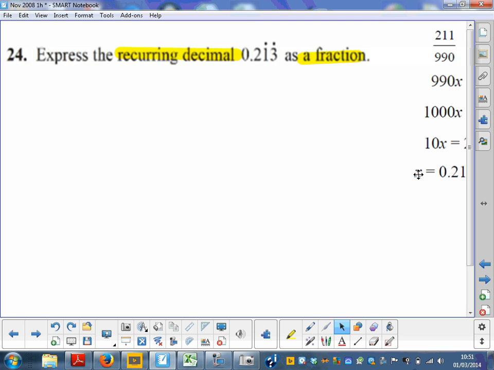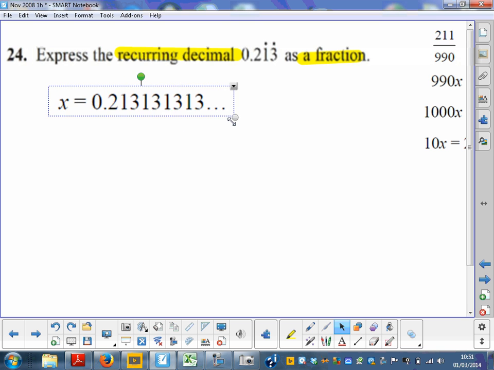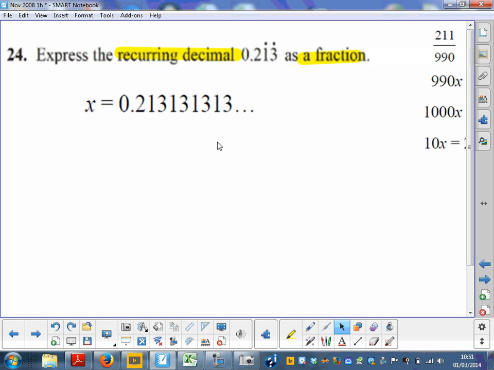So I'm just going to express this as x equals 0.2, and then you can see that 13, 13, 13 is the recurring part. Now, because I'm going to set up an equation and try to solve it, I'm going to have to do certain things to create a fraction. You'll see the way I'm going to do this. I'm just basically going to multiply this by 10, both sides. So times 10 and times 10. If I do that, what happens is that I get